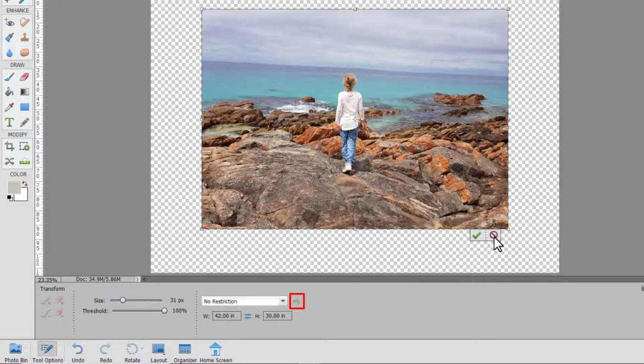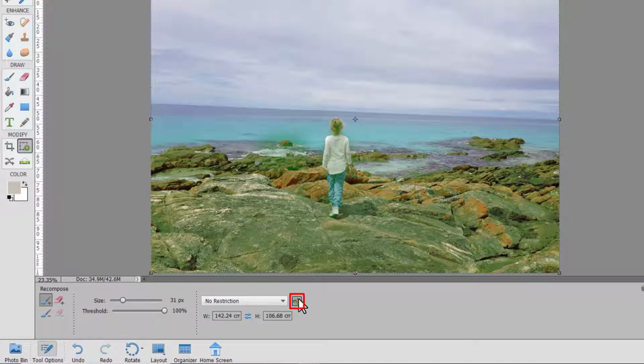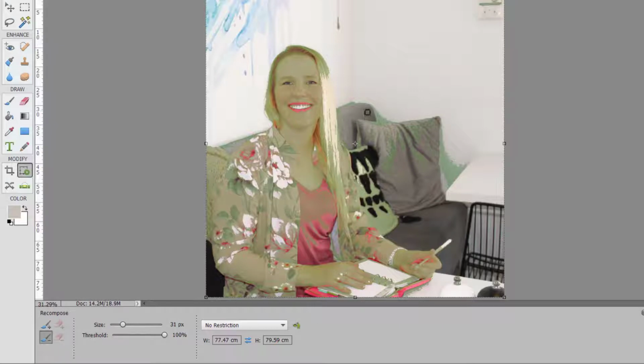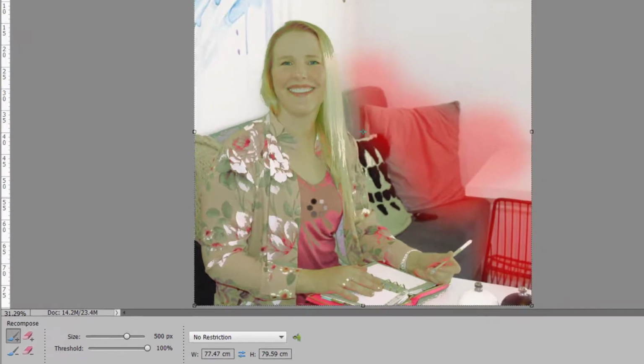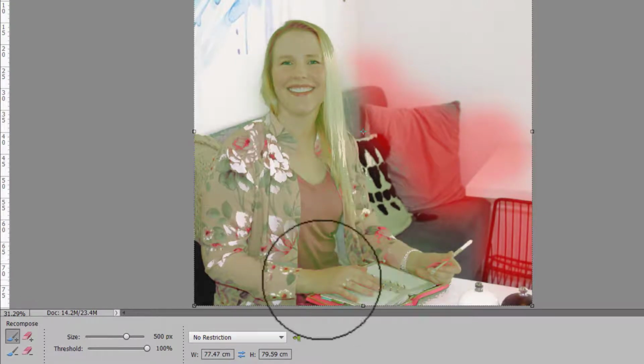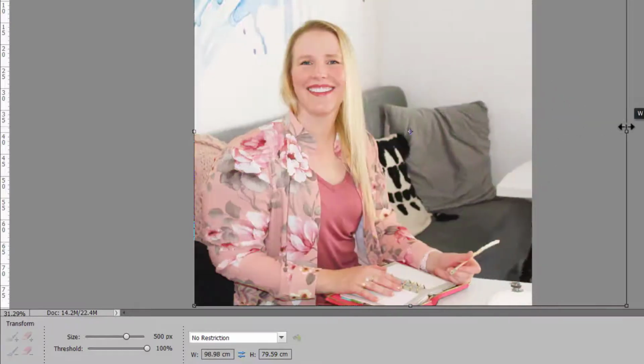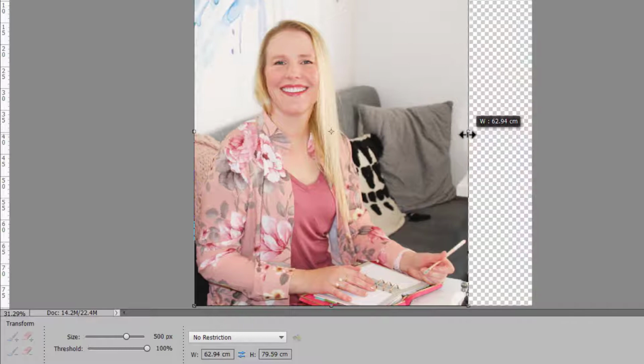And then this option highlights the skin tone. So the skin tones are what it's looking for to know what not to move. Now in this photo, we have a lot of brown rocks, so it's possibly confusing a little bit. But if we wanted to, for example, recompose this photo, we might want to select the skin tones and then perhaps remove those areas and add my lips there. So these are all the things that we do not want to move. The great thing is you can just undo and redo and you can drag it and see how everything looks there. And you can redo it as many times as you need.